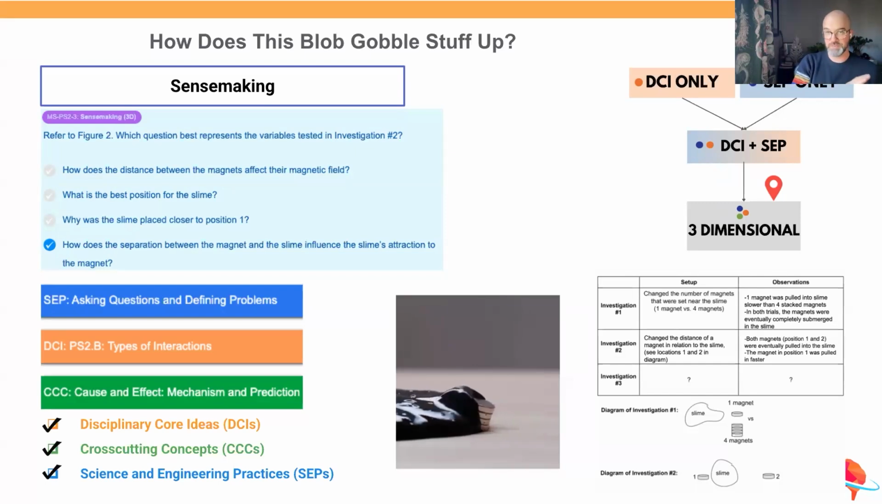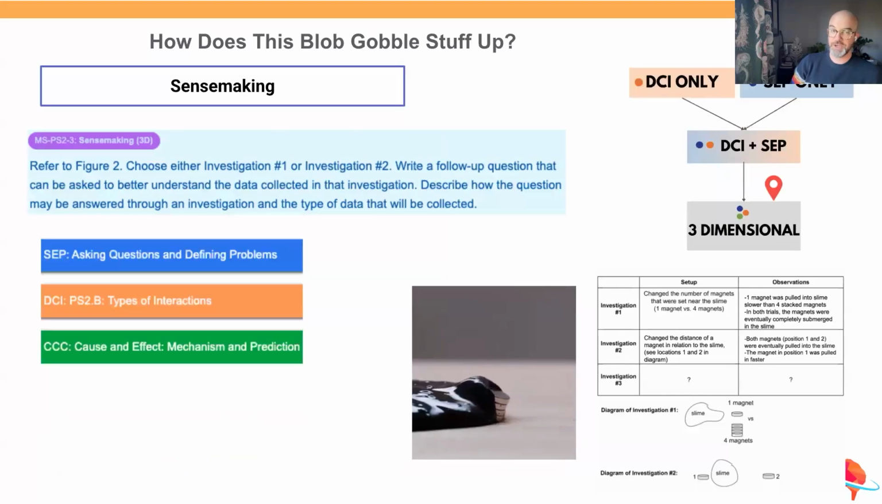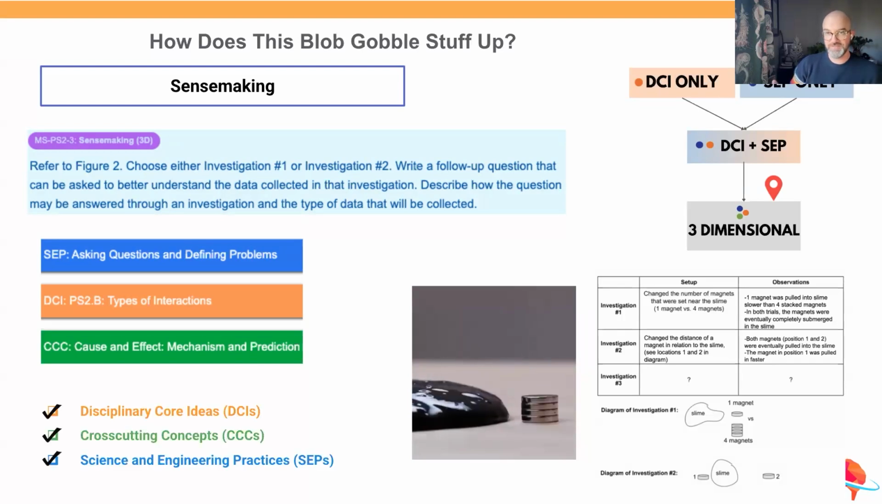And on InnerOrbit, obviously these multiple choice questions have a lot of value for gathering quick data, but we also include free-response questions that we call sense making. This question says, refer to figure 2, choose either investigation 1 or 2 and write a follow-up question that can be asked to better understand the data collected in that investigation. Describe how the question may be answered through an investigation and the type of data that will be collected. This is another three-dimensional question, asking students to take their understanding of the DCI, the SCP, and the cross-cutting concept, and apply all of those things to describe a testable question and explain how that question might be answered through